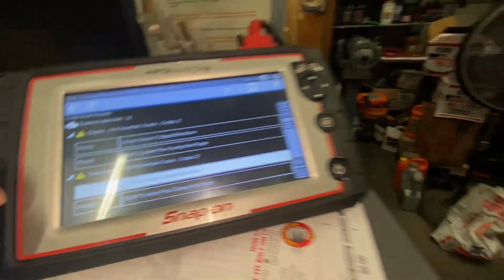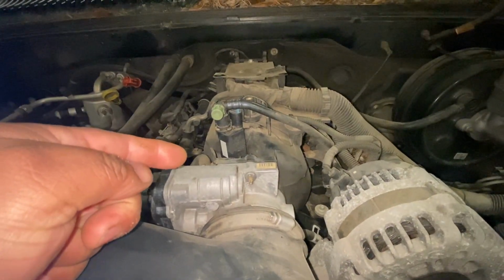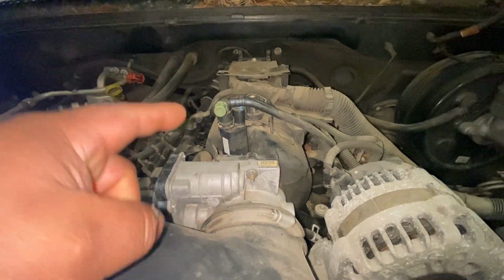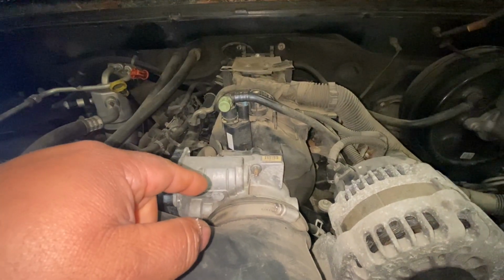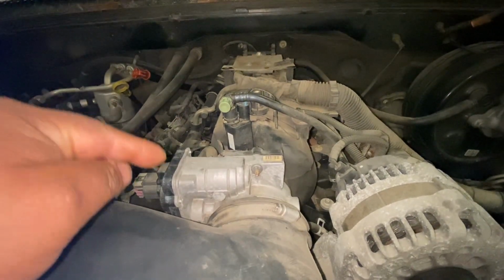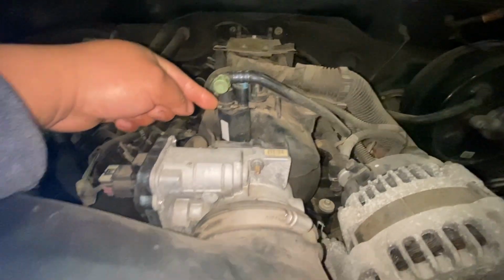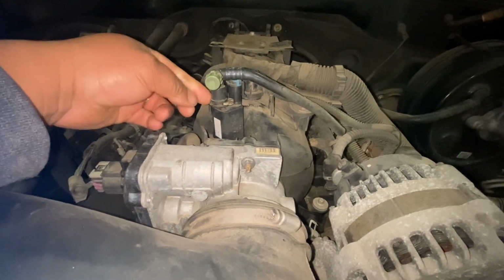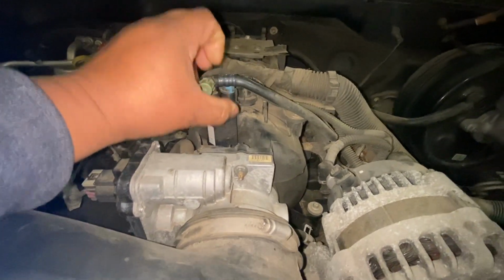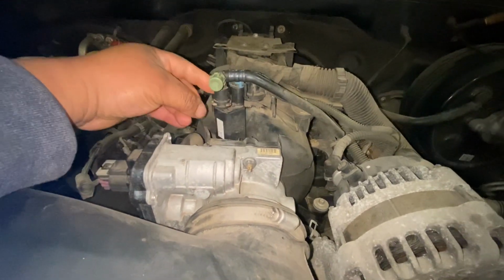So when I do my test, sometimes it's the purge valve that goes on the canister, but in this case, the customer replaced the one on the canister, so the only one to replace is this one. So we're gonna do a test. So we're gonna disconnect to make sure